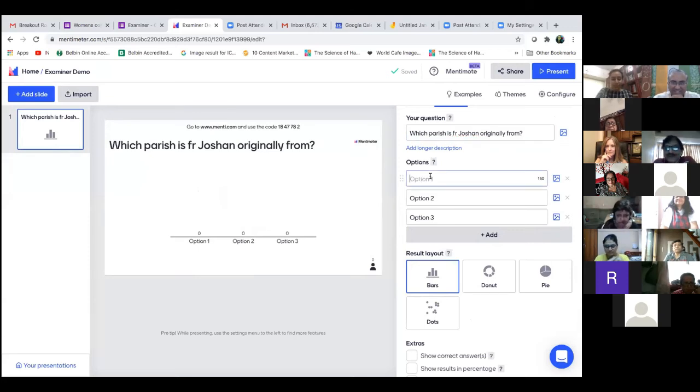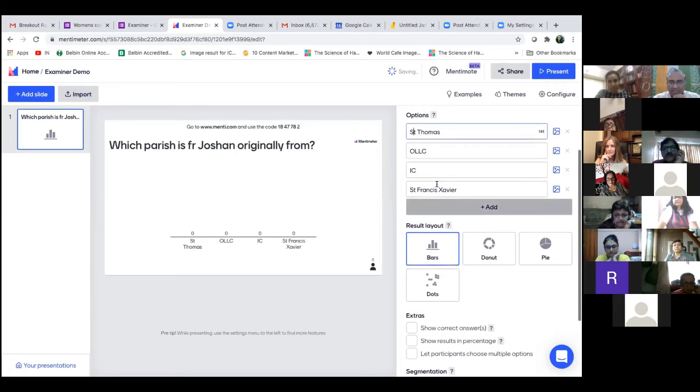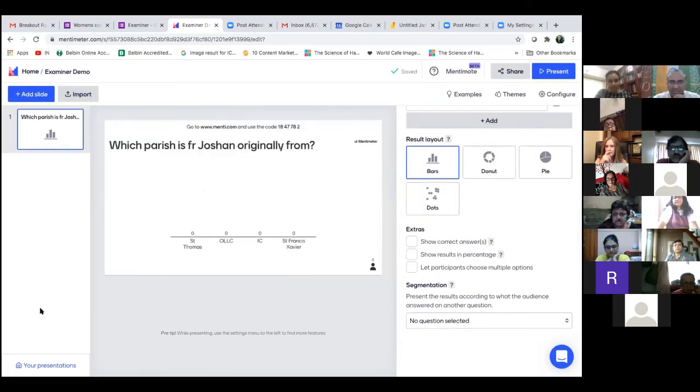Say the options are St. Thomas somewhere, Our Lady of Lourdes, Malar, St. Francis Xavier. You can make and create your own questions and put in your own options. And then all you do over here is say save.